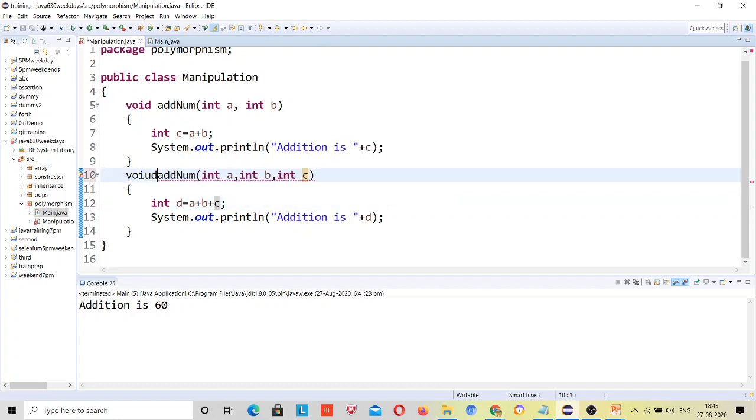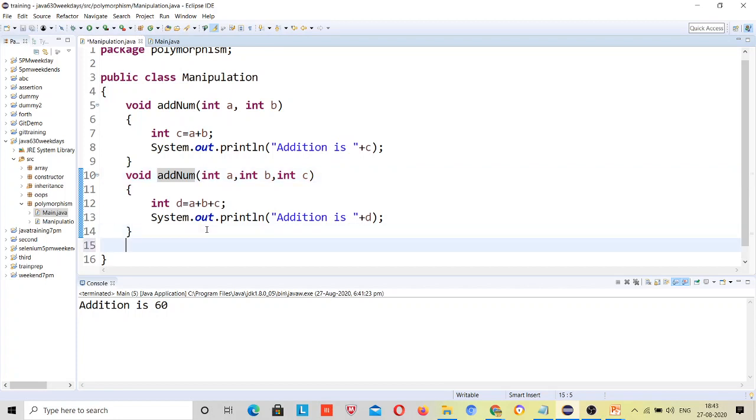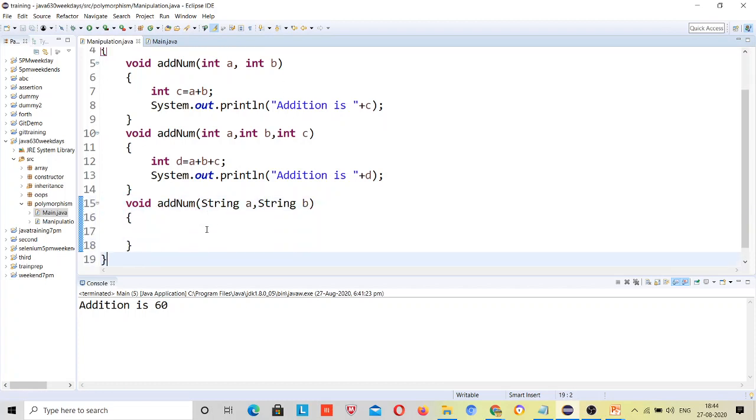Here I have to declare either void or int. Suppose here I am declaring void. Now one more thing, I can have different types of arguments. Void add num, but you cannot add string, but just as an example you can see here string a, string b. Just understand, don't relate it with whether we can add strings, no. So just understand that we have different types of arguments with the same name. So you can understand it in that way.